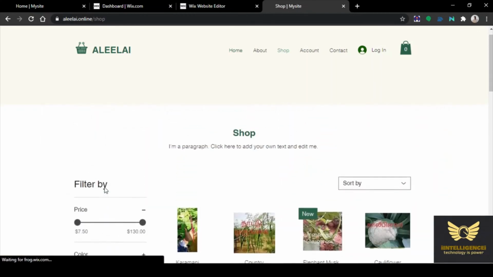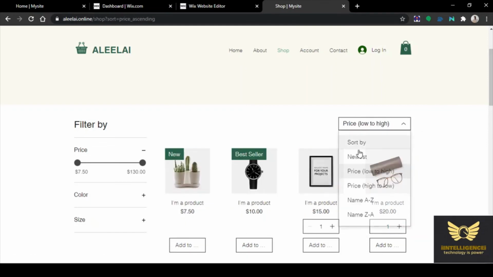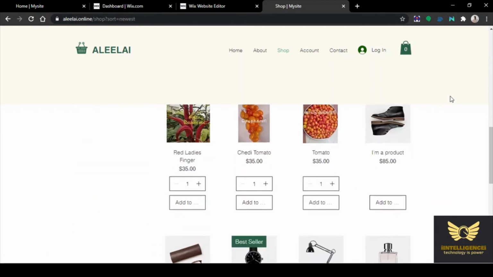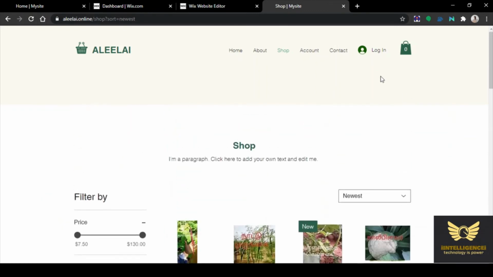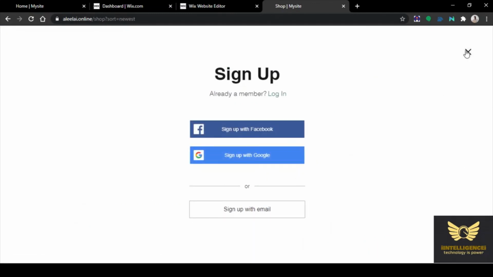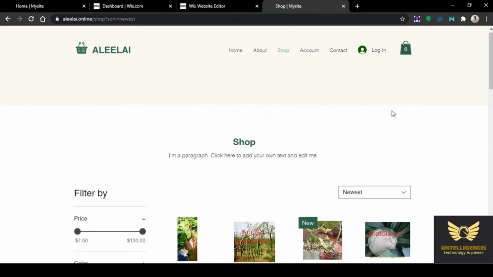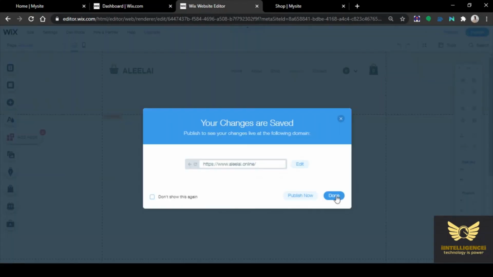This website is highly professional, highly secured. It has HTTPS, SSL certificate. All the transactions that you make or the customers make are highly secured. No need to worry. It is very difficult to crack. So nice looking website. Hope you understood how to create a professional e-commerce website.